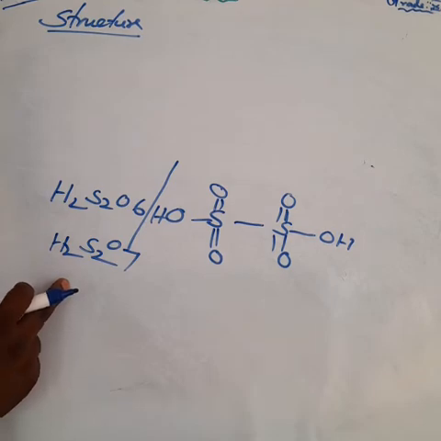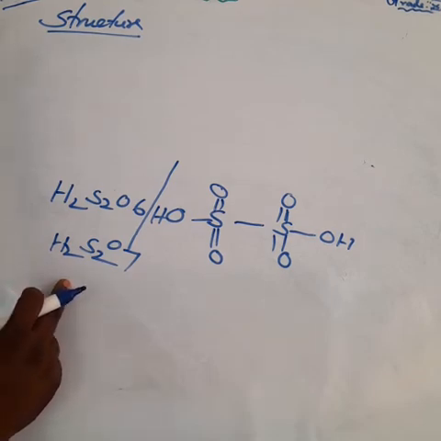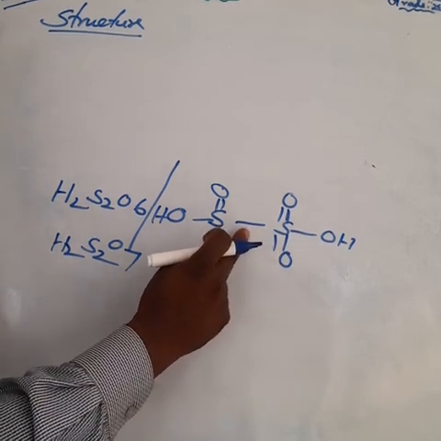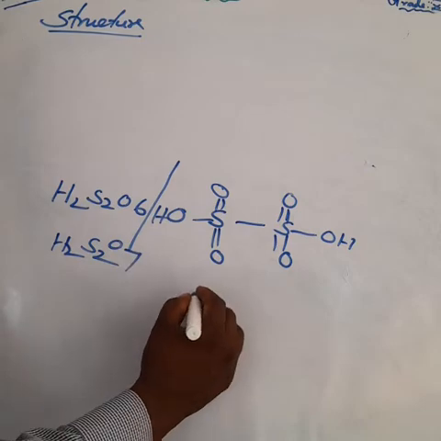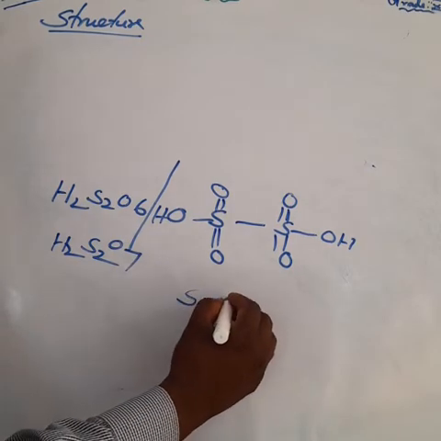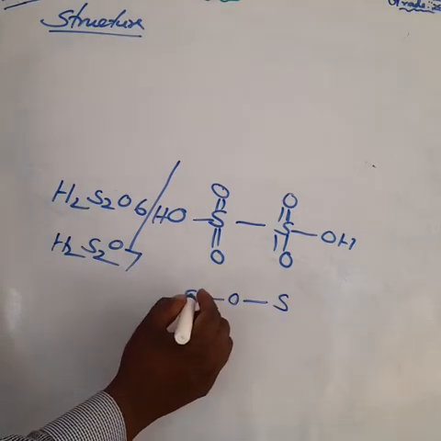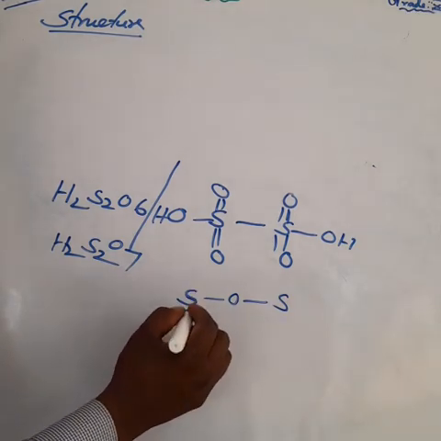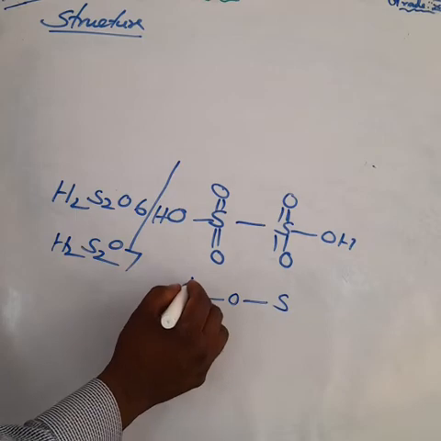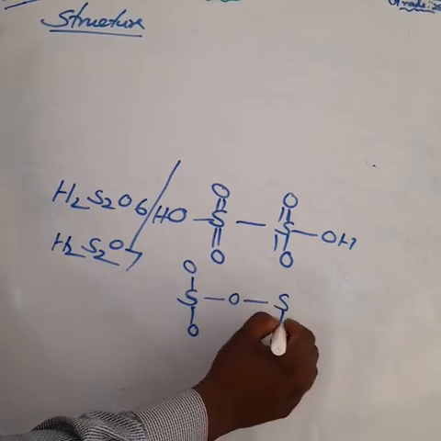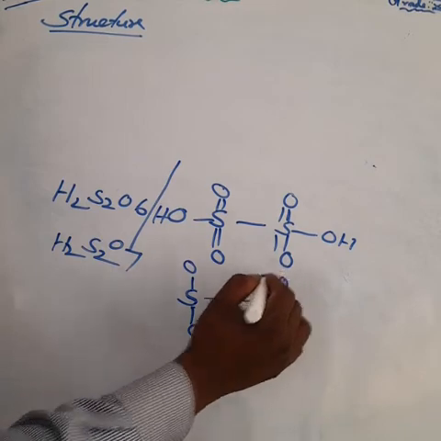Am I right? 7 oxygen. So come to 7 oxygen atoms. 7 means in between 2 sulfur we have to arrange 1 oxygen atom. So first you have to write sulfur, oxygen, sulfur. Am I right? So the 2 sulfur contain 4 oxygen atoms: 1 oxygen atom, another oxygen atom below it, again below 1 oxygen atom. Am I right?